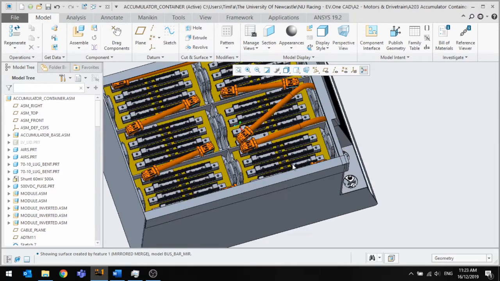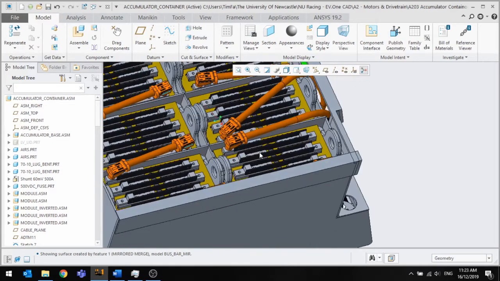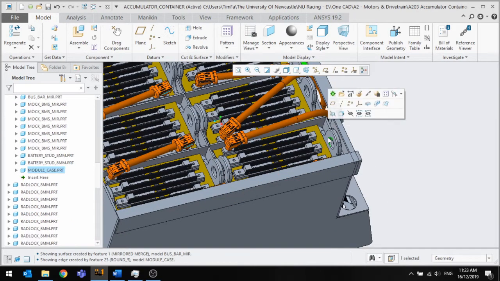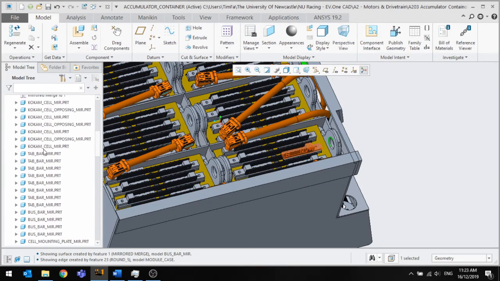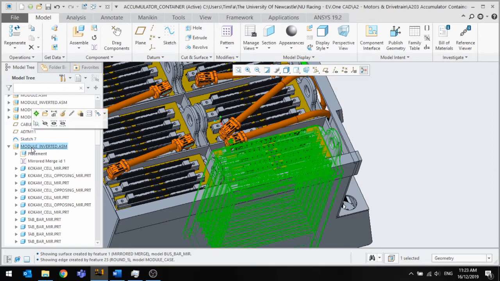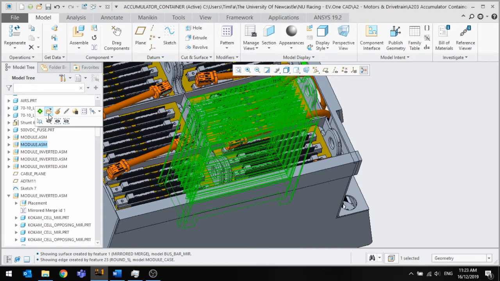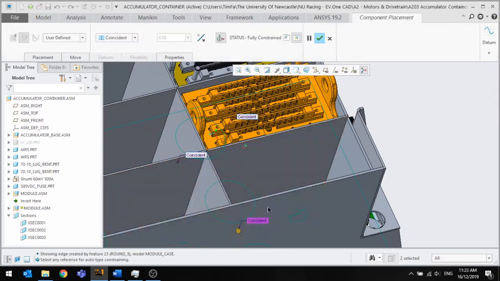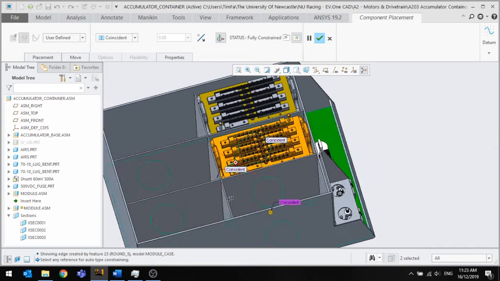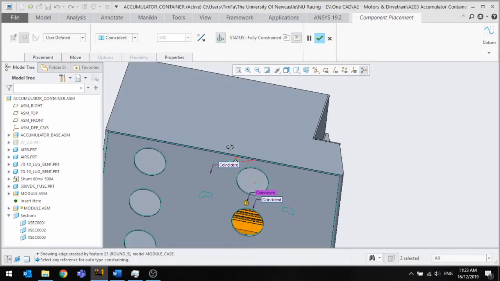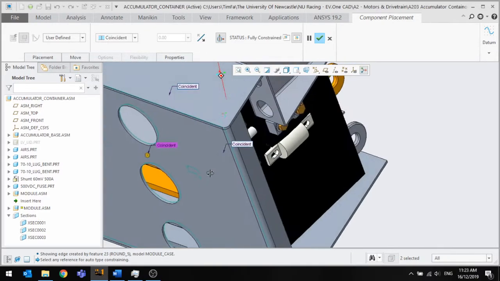So I want to open this up individually, and obviously it's a bit hard when it's an assembly and it's got multiple parts to do so. So I'm just going to, as before, go up the model tree, module. I might just pick the normal one actually, module, and this little folder icon here will open it in a new window. There is also the edit definition button. So that is normally with parts or extrusion, edit definition changes those, but at the assembly level, it actually changes your constraints to how that model is assembled